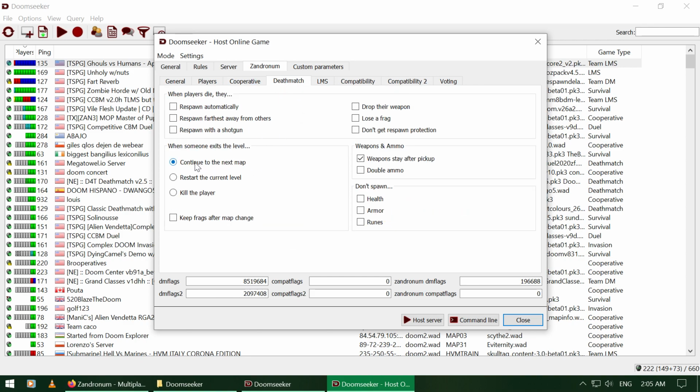This here might say deathmatch, but still, this applies to co-op as well. As an example, this I set to kill once for a deathmatch, and later we switched to co-op, and this setting still applied. So be careful with this. Just put it to next level. And this I turned on because it sucks if the other guy gets all the good guns from the map, so this way they stay for everyone.